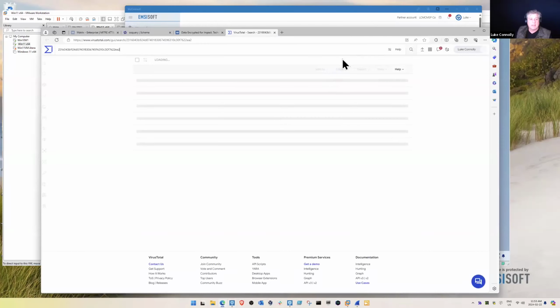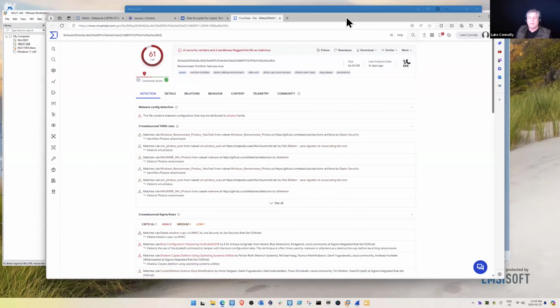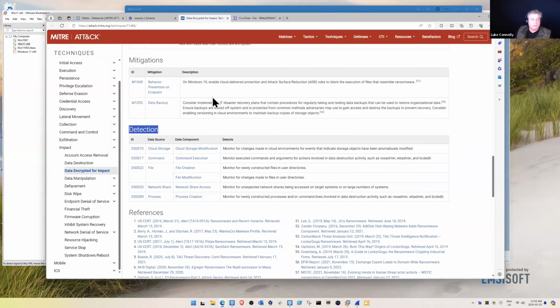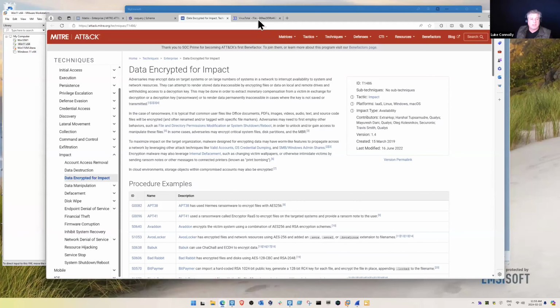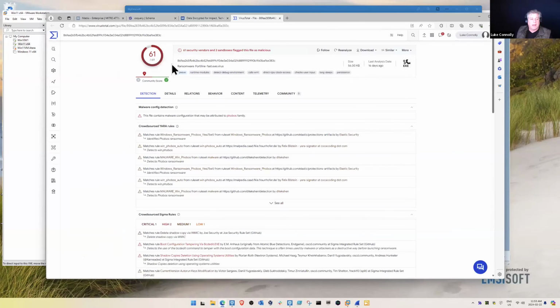If I click on this link, again, one of the purposes of EDR is to provide you with third-party information as well as local log information to make informed decisions about what's happening. So before I looked at my attack, it provided me with a link to the specific technique that was being executed. This time, the file,